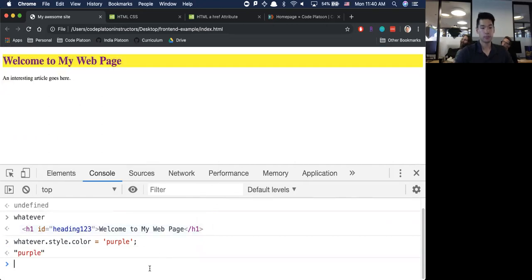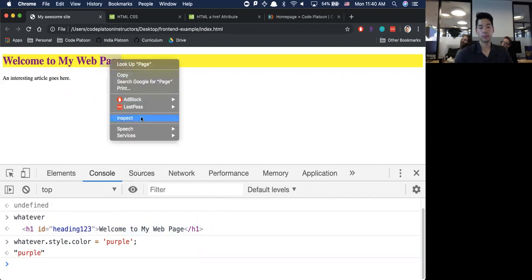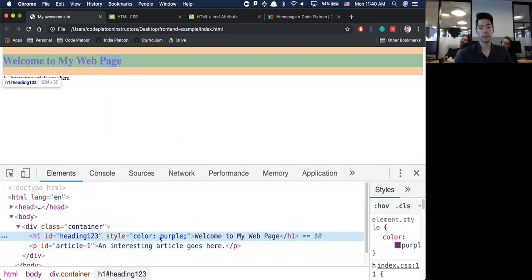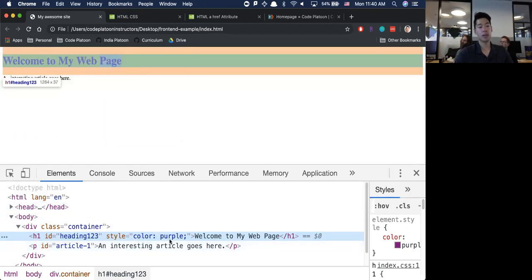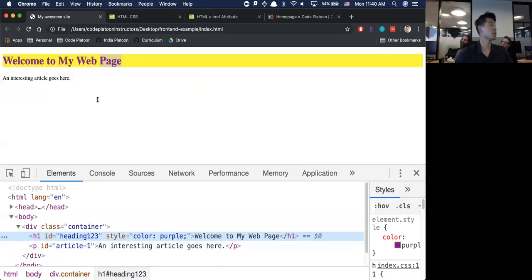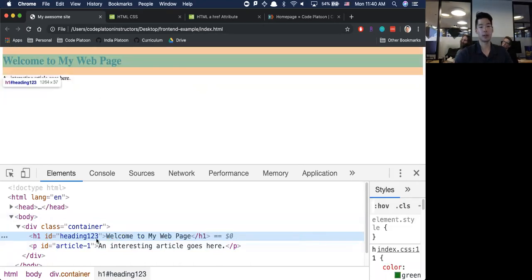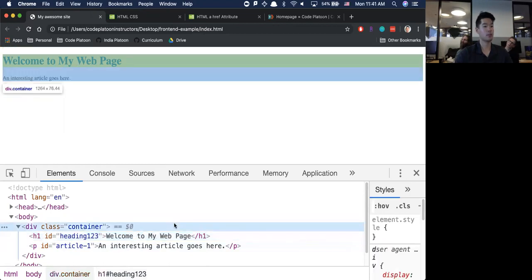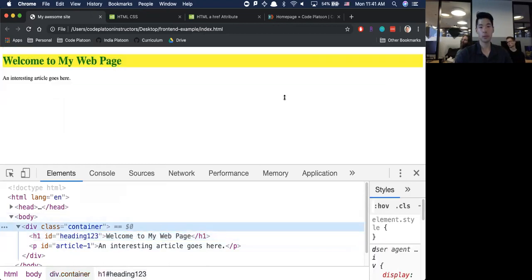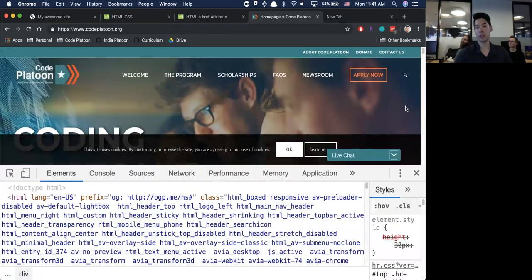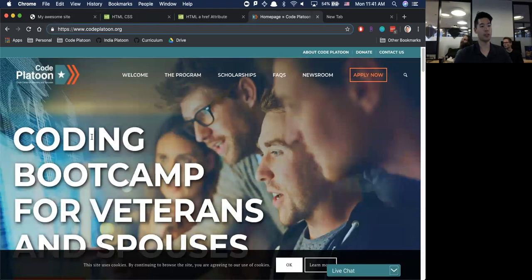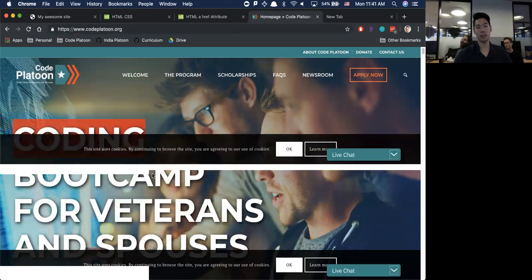Could we see the properties in the console? Yep. So you can change anything that you want directly on the web page, but once you refresh it, you'll see that that style disappeared from before. So if I ever want to go to Code Platoon and change something on the website without actually changing the website, all I've got to do is right click on something, find it,